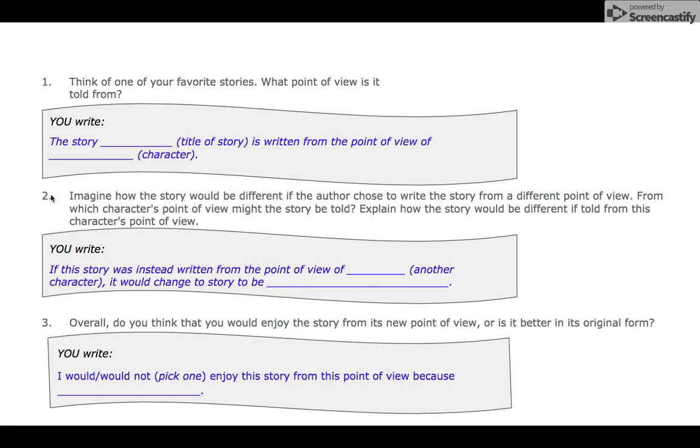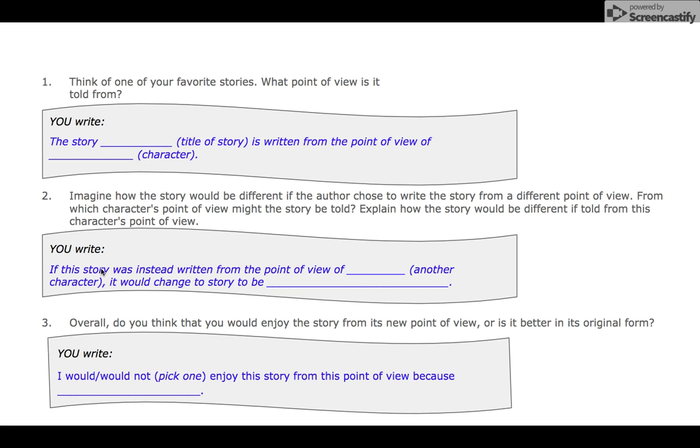The next discussion question, it says, imagine how the story would be different if the author chose to write the story from a different point of view. From which character's point of view might the story be told? Explain how the story would be different if told from this character's point of view. Okay, so let's stick with Snow White. You'll write something like this.